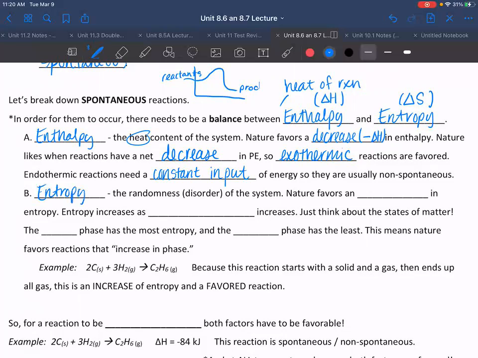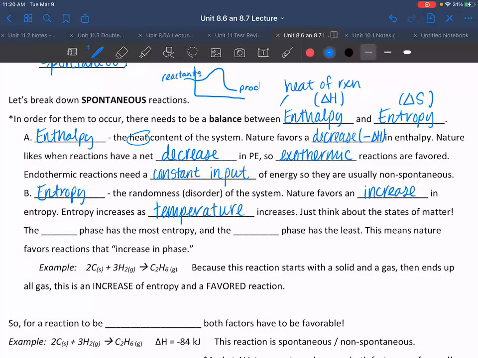So this describes the randomness of a system, if it's ordered versus disordered. And so nature likes an increase in entropy. So it likes disorder. And so as entropy increases, it increases as temperature increases, which this should start to make sense to us because we can make the connection between states of matter. So if you think about molecules in a solid state versus molecules in a gas state, what do you think